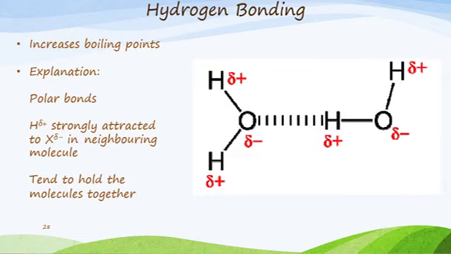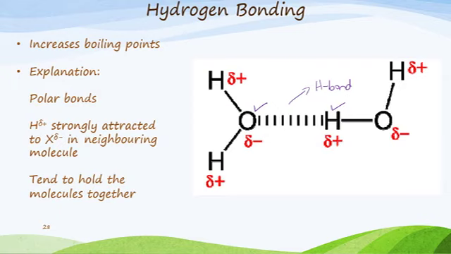And then lastly is a very unique situation which we know as hydrogen bonding. These tend to increase boiling points, and the explanation is simply because of the polarity of the bonds. There are interesting attractions between, in this case, two water molecules. Between this oxygen and this hydrogen, we have a dotted line. This is actually the hydrogen bond, and it's of significant strength such that